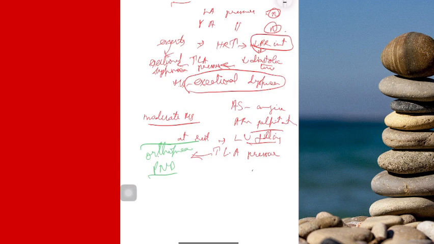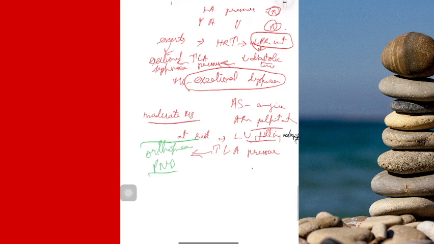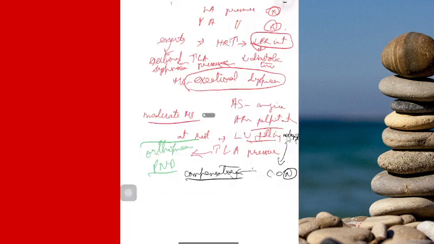But in both cases, I told you LV filling is adequate. The amount of blood inside your LV is adequate. So your cardiac output is normal. When your cardiac output is normal, there are compensatory mechanisms which you can make out in a moderate MS. The first compensatory mechanism is increase in the LA pressure, and as I told you, increase in LA pressure means increase in your pulmonary artery pressure as well.